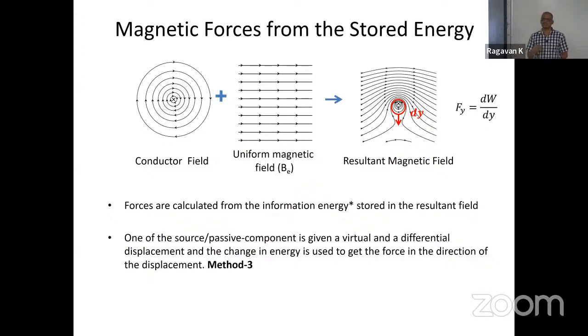We have seen 3 methods. One is stress based, the other is magnetic charge based, the third one is energy based. So here it is the conductor. If you want the force in the x direction, move your conductor by a differential displacement in x, or if you want it in z, move it in the z direction. And between these two new positions, what is the change in energy? Is that clear? So stress, charge, and energy, 3 methods.